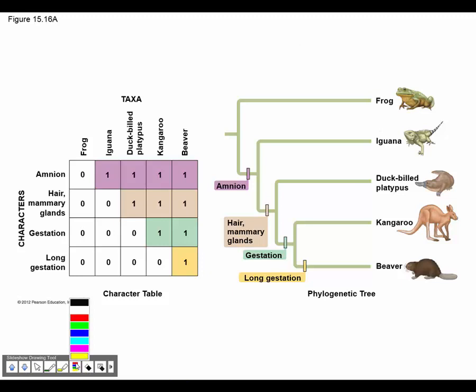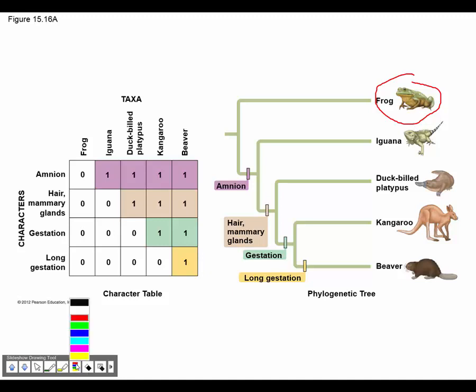Let's take a peek at it and see if I can explain it here. So our frog is our outgroup. So what trait? All of these are tetrapods, right? They each have 4 limbs, right? So what trait does the in-group here